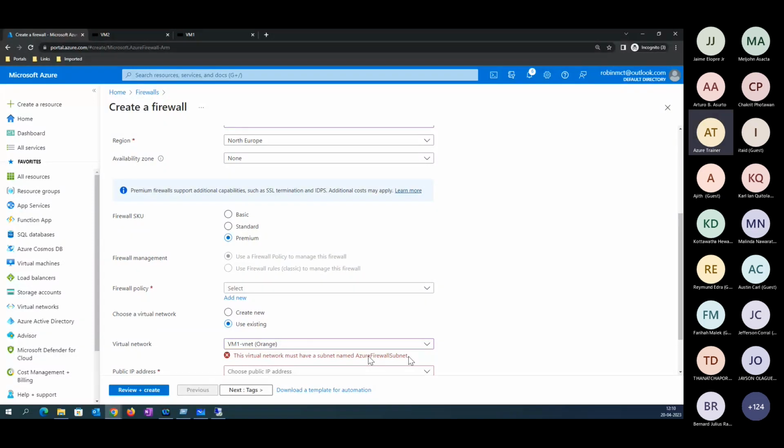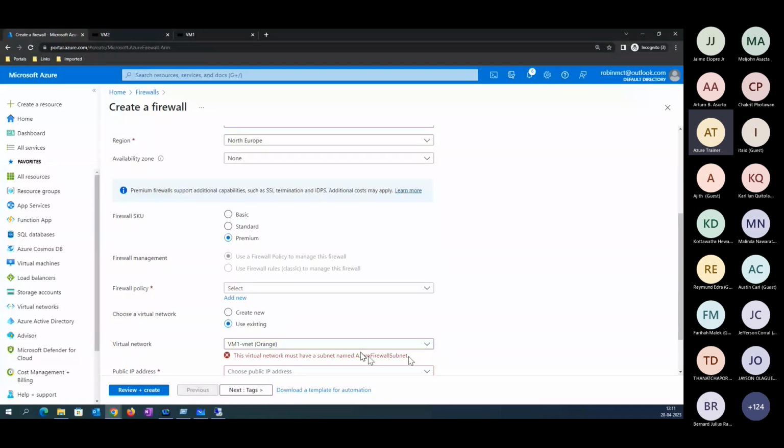Right now, if you try to create a firewall, you're not getting any option for moving to the next tab, and there is an error message. Right now, I don't have any option for creating it here.